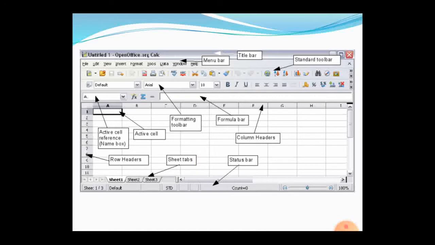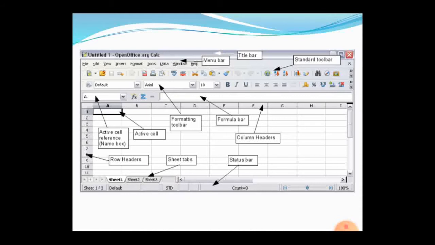As we have seen in the previous slide, a number of worksheets together forms the workbook. So there are a number of sheets like sheet 1, sheet 2, sheet 3 and so on. The number of worksheets depends upon our work, and together they form the workbook.